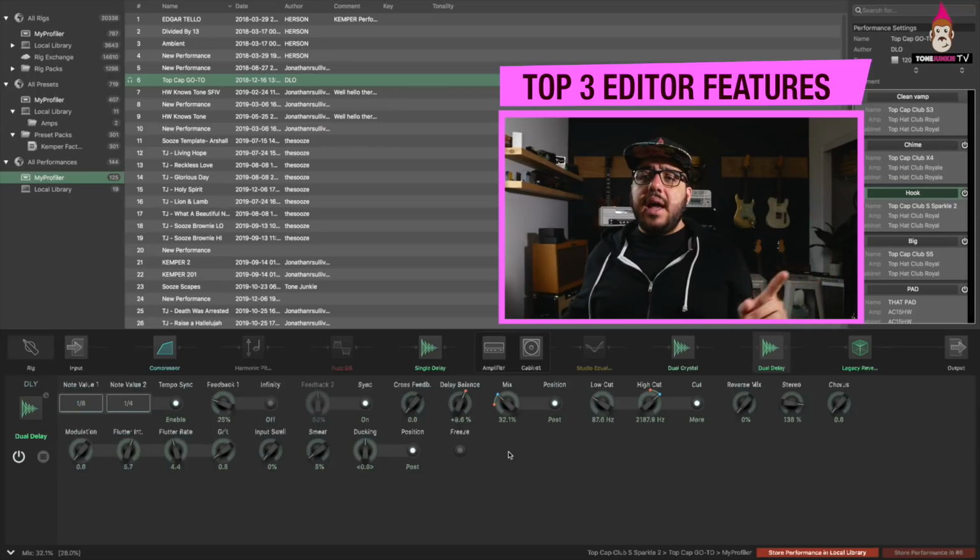And if you're a studio guy, here's what it means. It means not getting up and going to the microphone room. It means taking less time to do the same amount of work, and that means money in your pocket. I've sold so many Kempers to studio guys. I don't even sell Kempers. I just bring them over, show them how it works. They instantly see dollar signs because they realize if I don't have to spend 15 minutes miking up a new amp and changing the mic position so that my overdubs and my second guitar parts have a slightly different EQ,